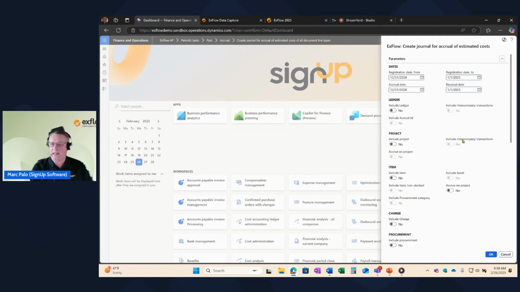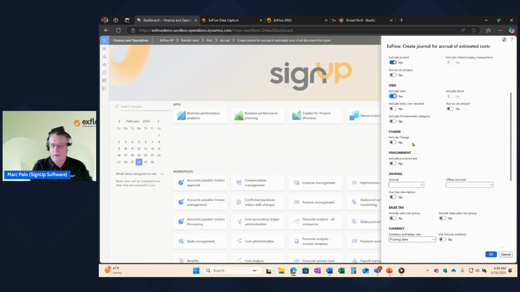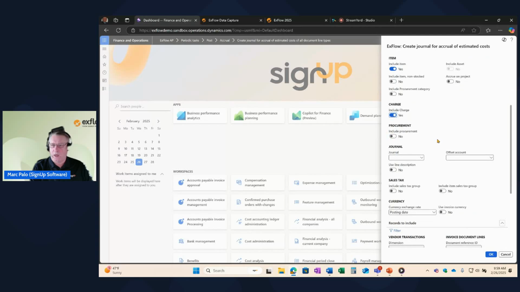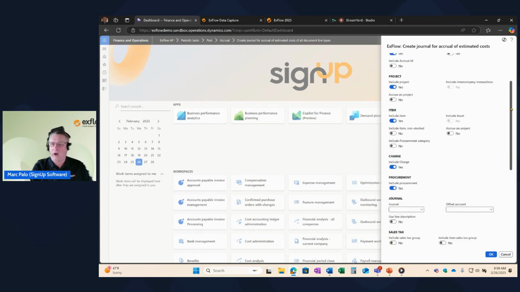I'm not going to process this in the interest of time of our webinar, but notice what my inclusions can also be. Include ledger, anything open, any project invoices that are open, purchase orders and items that are open, item charges that may remain open on those PO or other lines, procurement category invoices that remain open, and all kinds of other detail. I run this and it auto journalizes with all of the lines of all of these different